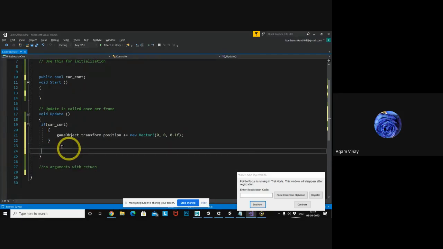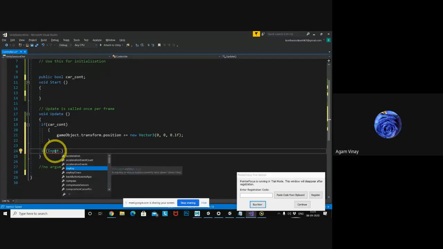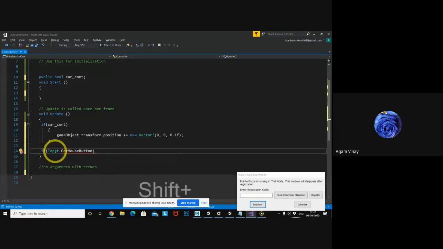So now what I have to do is access car control by the mouse click. Okay, so if, did I click or not, I have to check that. So Input dot GetMouseButtonDown, mouse button 0, so means left click.